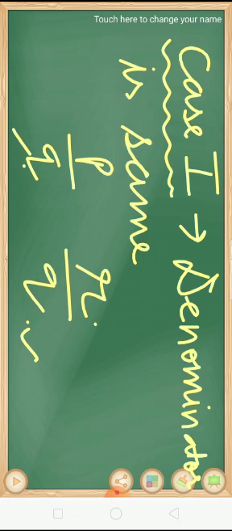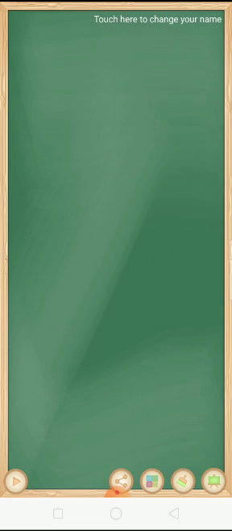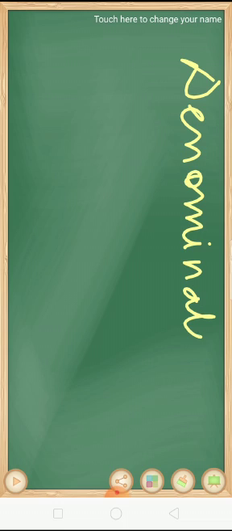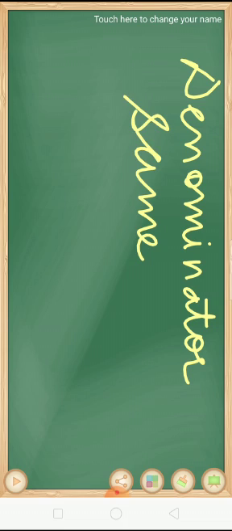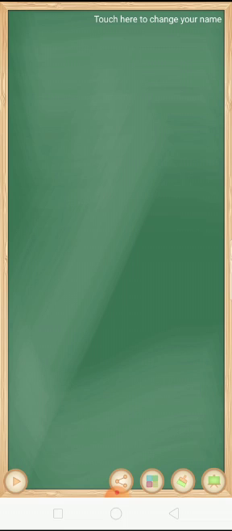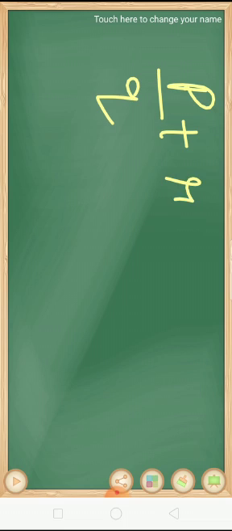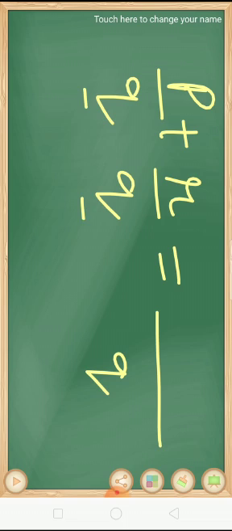In general, whenever you have to add rational numbers, keep one thing in mind: you have to make the denominator the same. This is the rule. Keep this in mind always. And in our case 1, the denominators are the same already. So what do we have to do? We simply write the same denominator and add the terms present in the numerator. So this will be our answer when we add two rational numbers having the same denominator.